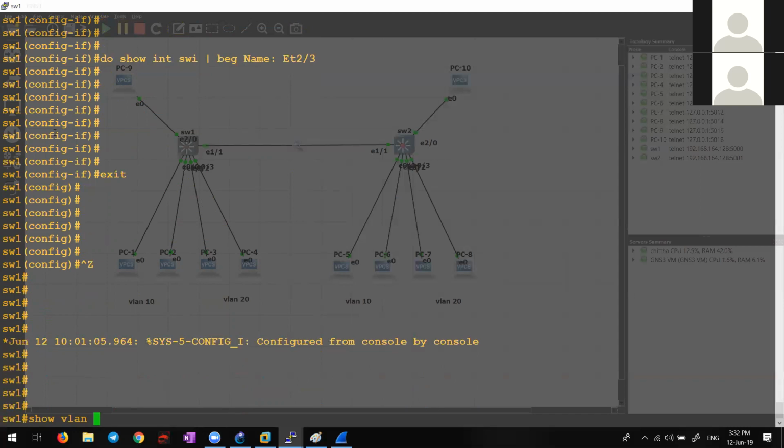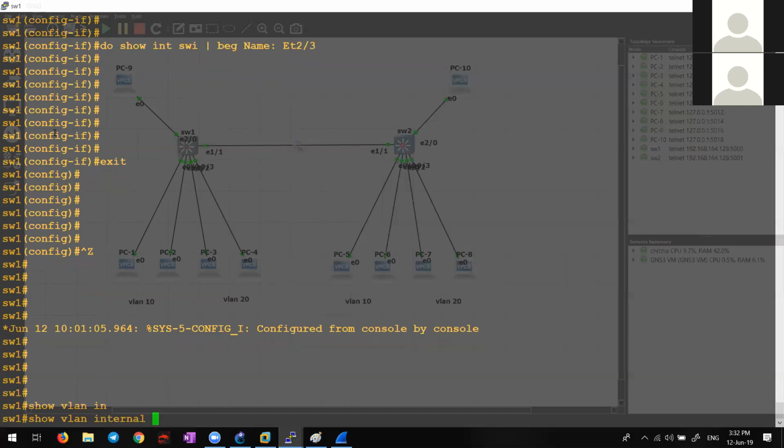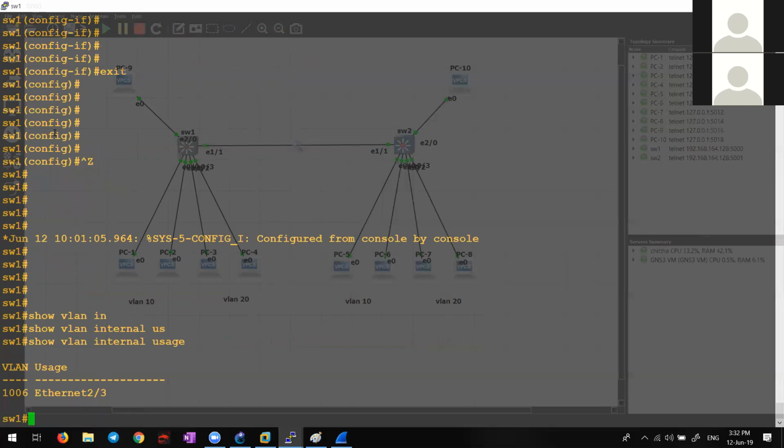So when I make this layer 2 switch port into a layer 3 port by giving the no switchport command, a VLAN from the extended VLAN range, the first one, will be assigned in the background for the switching process. That VLAN is called an internal VLAN. Show VLAN internal usage. See this. 1006 is already assigned to 2/3. So this VLAN is called an internal VLAN.